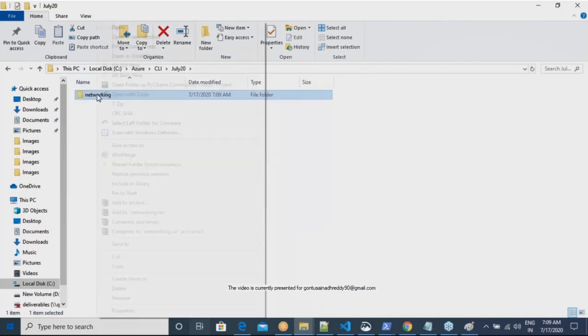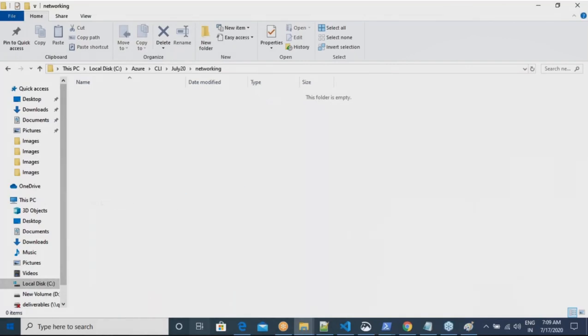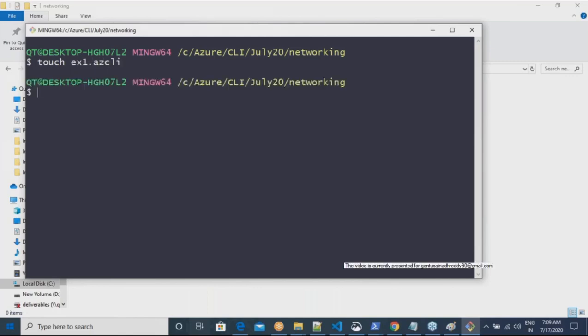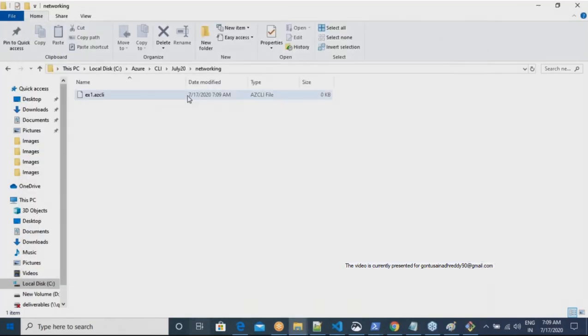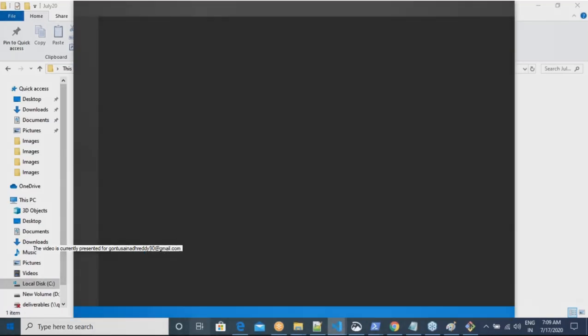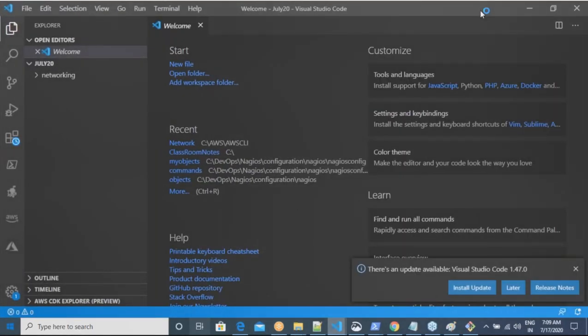And in this networking folder, I am going to create a new file: touch exercise1.azcli. Am I clear on this? Now I'll open this folder with Visual Studio Code. Are you guys following me so far?